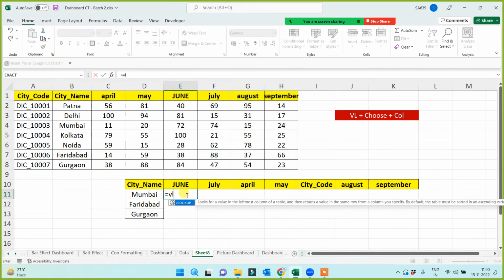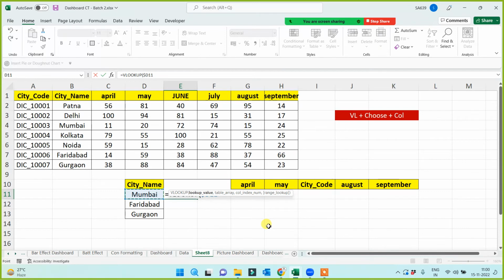Equals to VLOOKUP, this lookup value Mumbai. Yes. Because we have to retrieve multiple data, we have to freeze D. Then choose, under choose, curly brackets, 1, comma, 2, 1, comma, 2, and then